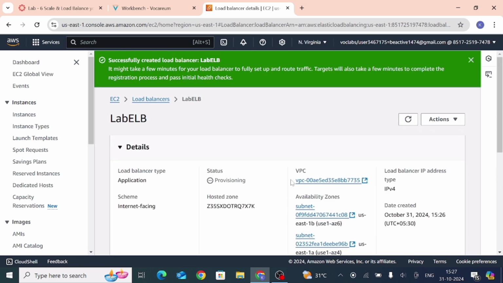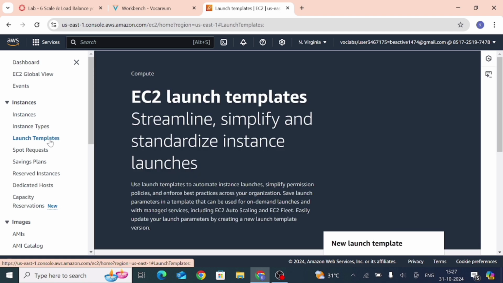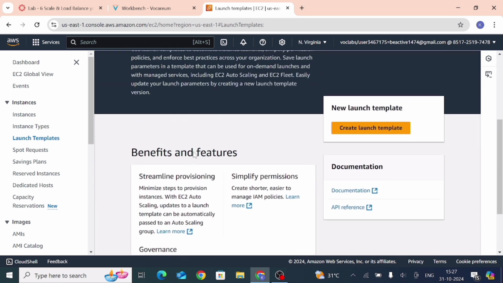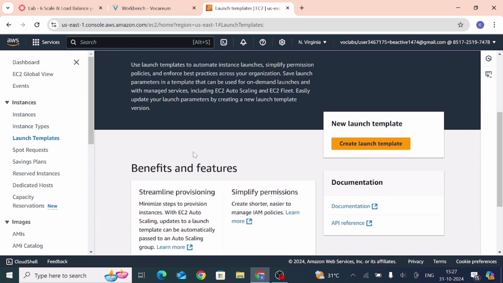Now task number 3 is create a launch template and an auto scaling group. For that, in the navigation pane, choose launch templates. Here it is. Click on it. Now create launch template.